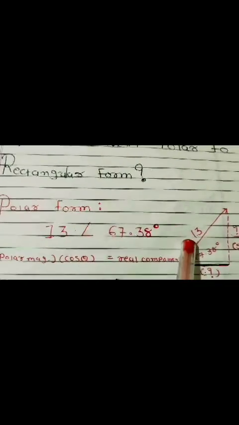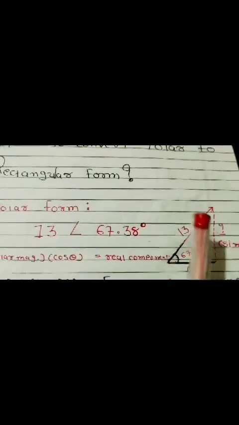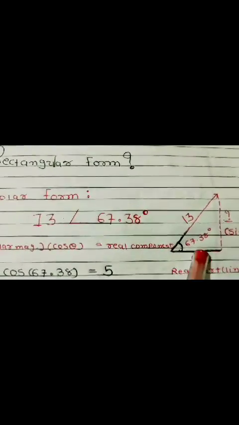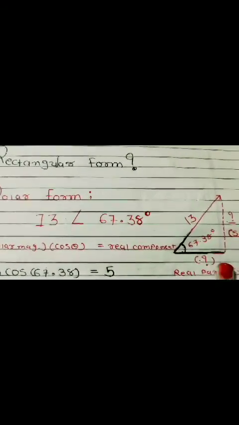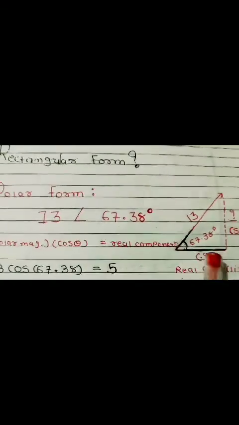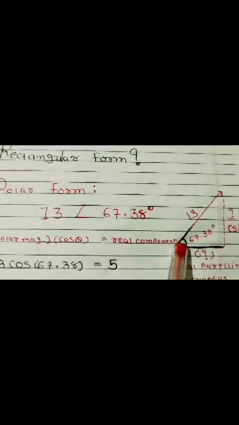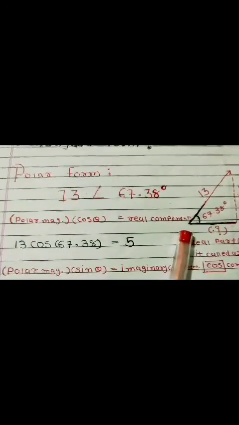draw one figure that has the value of the polar magnitude and the polar angle. In 12th standard you already learned that this is a cos component and this is a sine component. Okay, so if you want to find this component, this component is called the real component. And this component is shown as the imaginary component. So first we are finding the real component here.